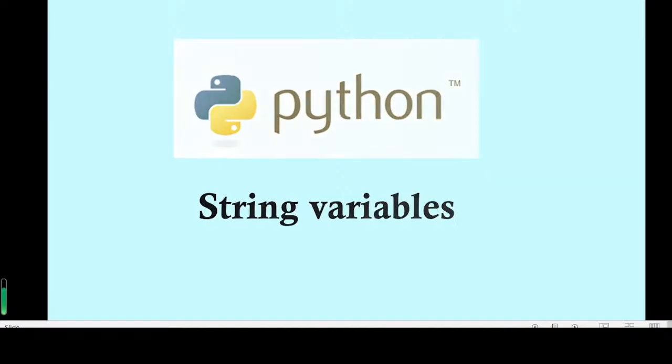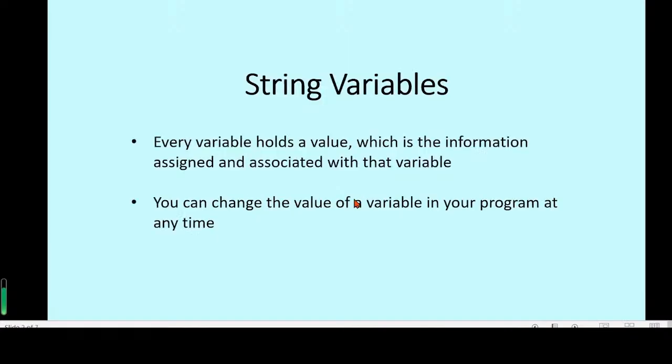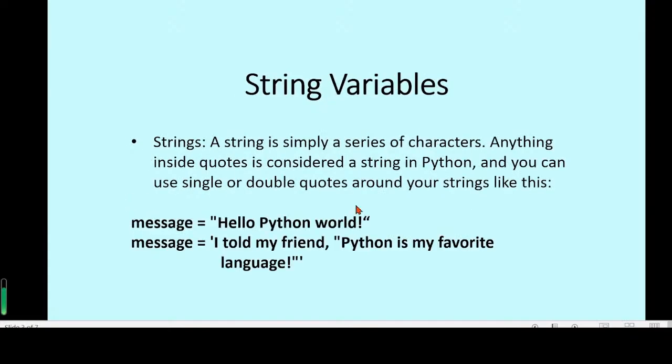String variables. Every variable holds a value, which is the information assigned and associated with that variable. You can change the value of a variable in your program at any time. So, strings. A string is simply a series of characters. Anything inside quotes is considered a string in Python, and you can use single or double quotes around your strings